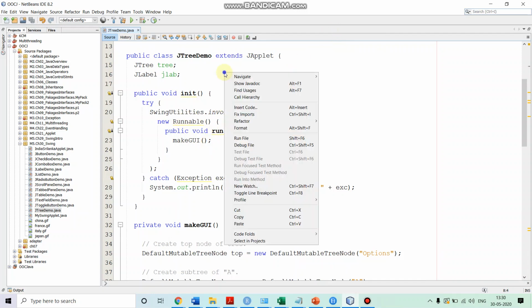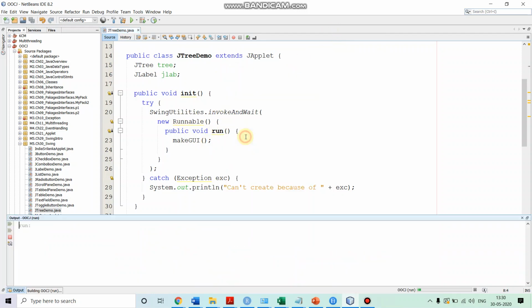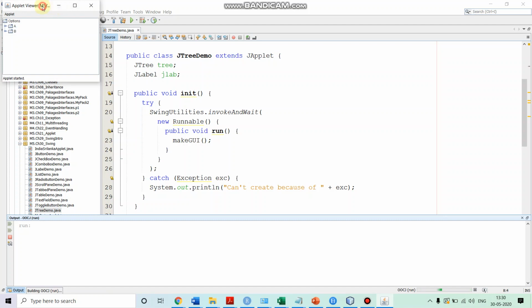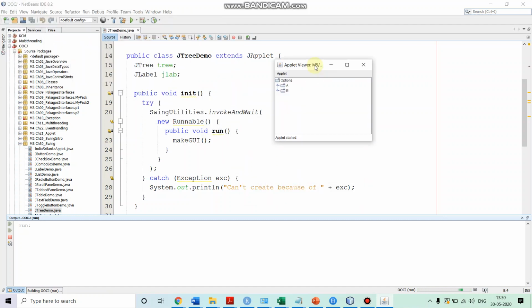Now let's run it. So we are running it. Okay, so we got the tree over here. I am selecting the top node. Now see, the tree node selection event has been generated, and that has been handled. So in the label it is printed that the selection is options.